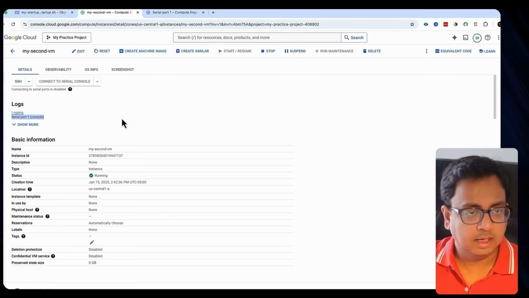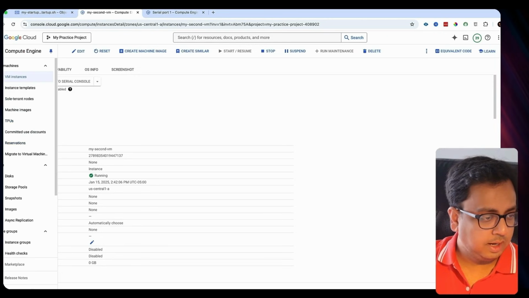But before I go, I would like to show you one quick thing which can be very helpful. Let's say while configuring your virtual machine, if you have used any metadata, can we access this metadata inside our startup script? Can we do that? So let's see that. So for that, let's go back to